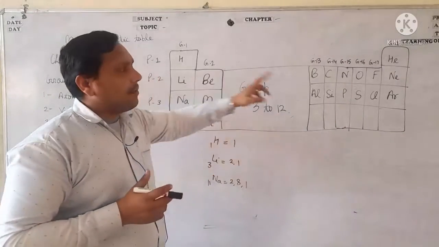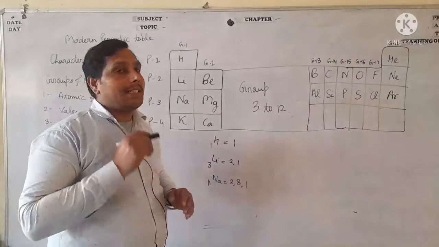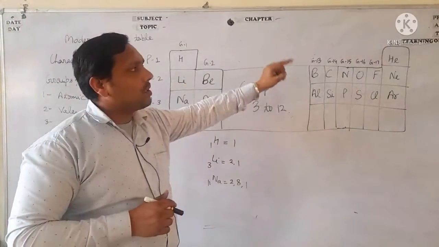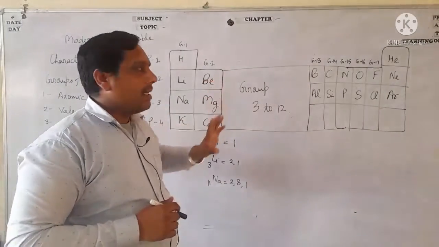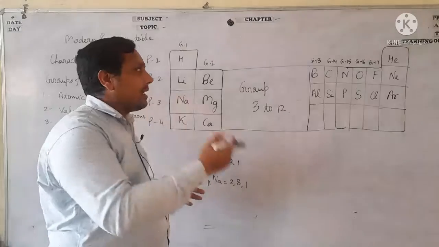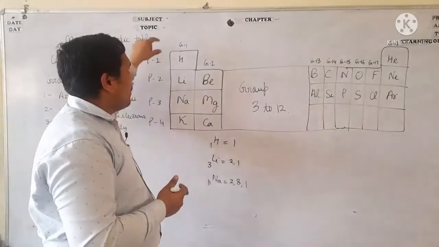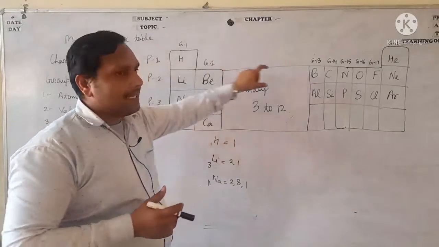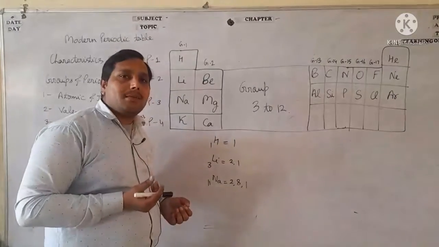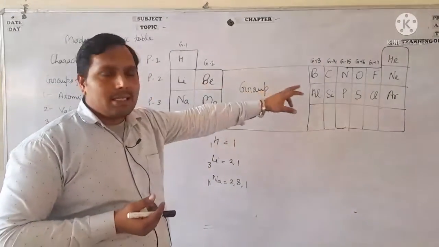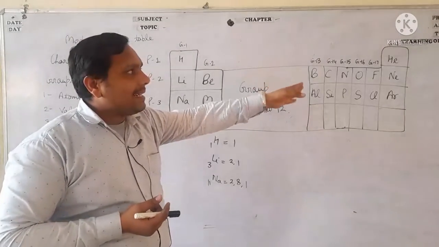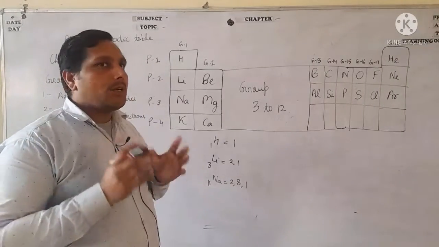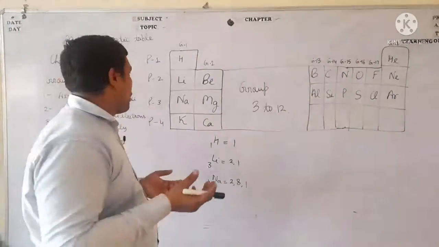If we discuss a period, then valence electron increases. We will discuss period 2: lithium, beryllium, boron, carbon, nitrogen, oxygen, fluorine, neon. The number of valence electrons continuously increases in a period, and in a group it will be the same. But if we discuss valency in a period, then valency first increases till group 14 and then decreases till group 17. Is that clear, everyone? Valency is the capacity of combining, based on the number of electrons present in the outermost shell.